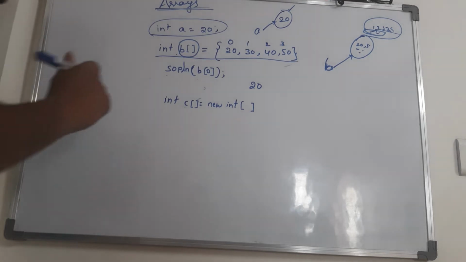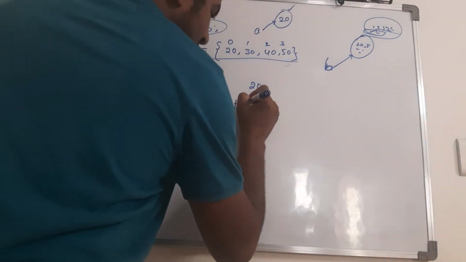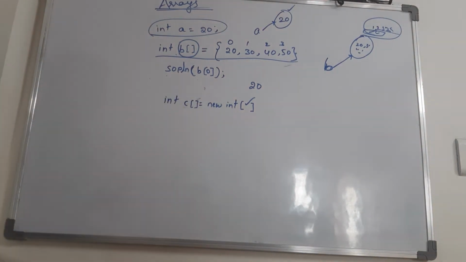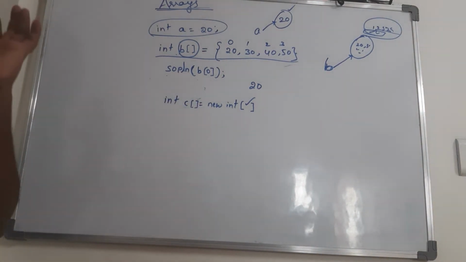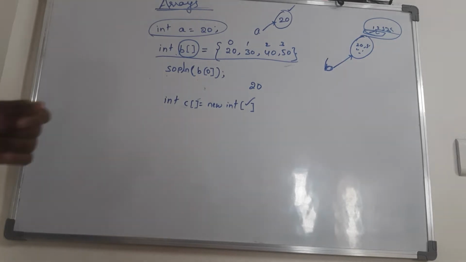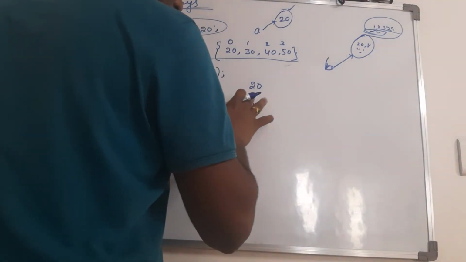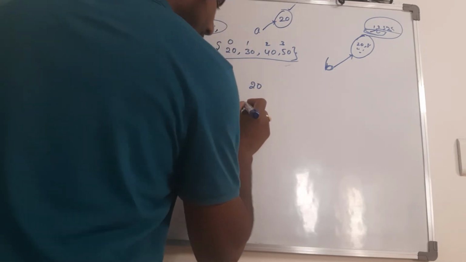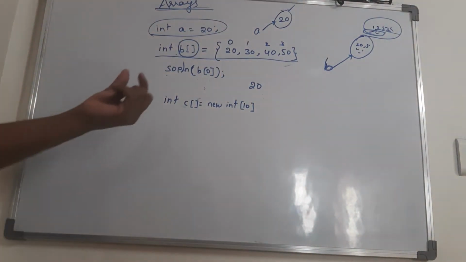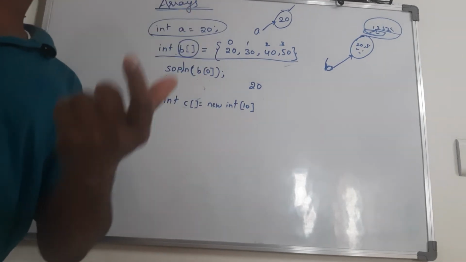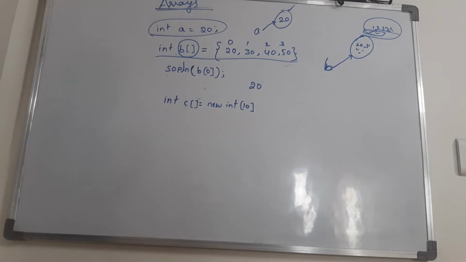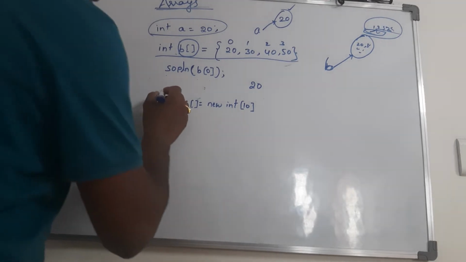Okay, here we need to specify the size. If we create it like this, how many elements do we want? I want 10 elements, so I keep 10 here, and then it will allow only 10 values. We cannot insert more than 10 values. Okay, this is the way of creating the